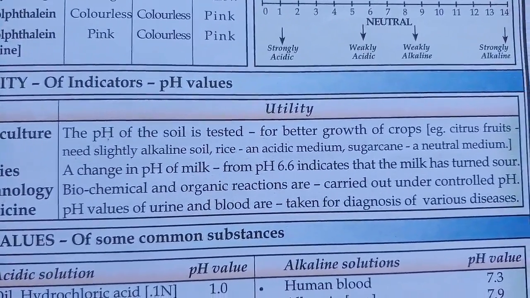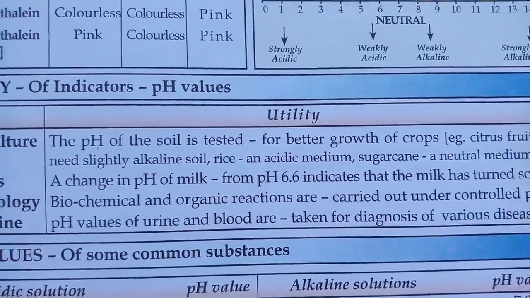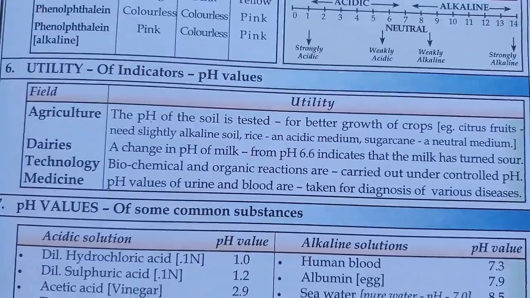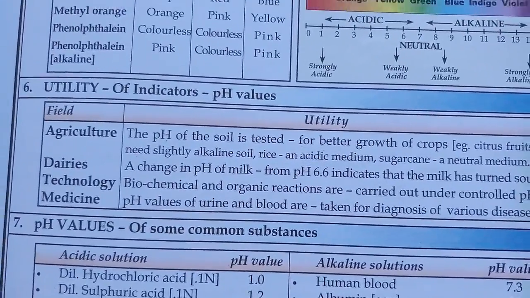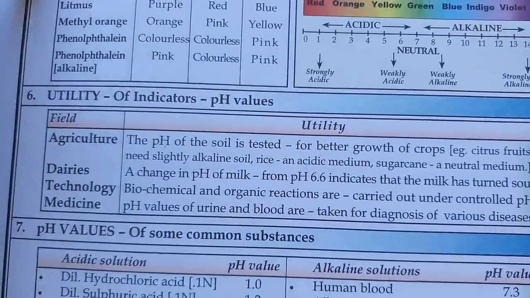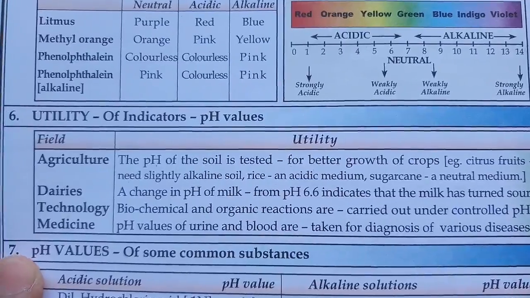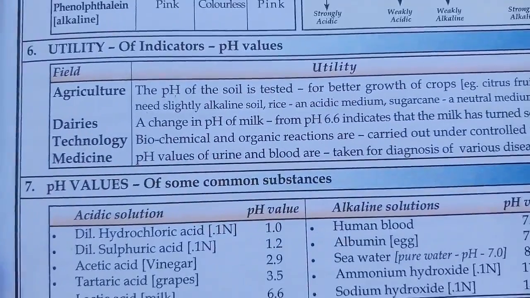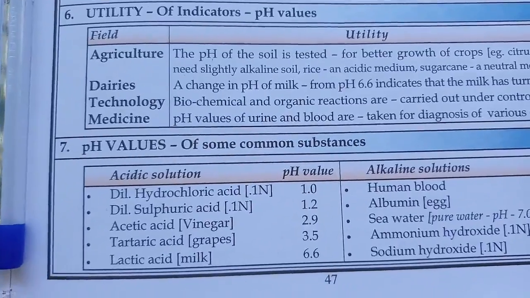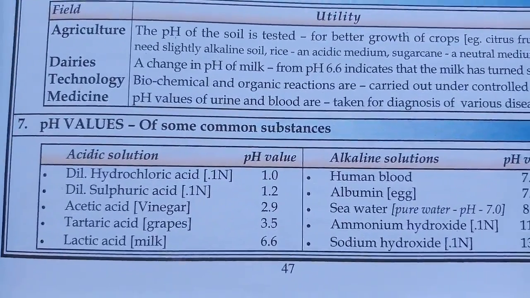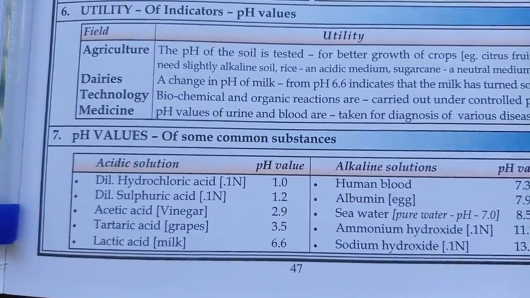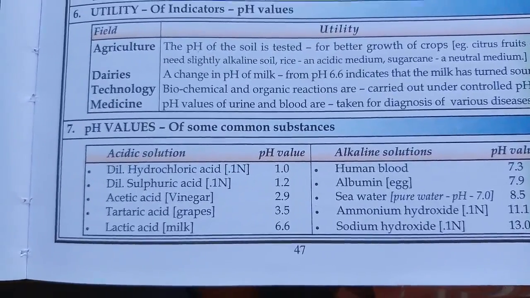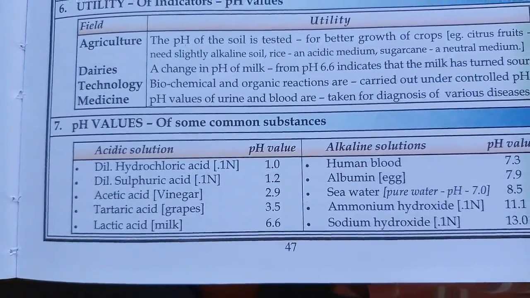In medicine, the pH value of urine and blood is taken for diagnosis of various diseases. If you have been to the pathologist, if you are sick and the doctor sends you for a blood test or urine test, then you can take a look at the lab report. In that you may read about the urine test also, and then they mention the pH. Let me tell you a few things. If your body is acidic, then your body does not function normally. You may have some diseases. For that only the doctor gives you medicines or suggests some kind of foods to make your body neutral, right?